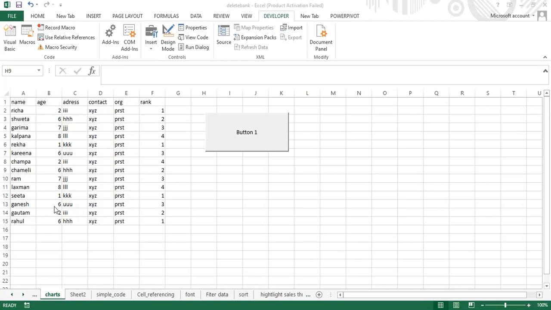Doing it manually is also fine, but macros are useful when you have a repetitive task, when you have the same data and want to save your time. You can use code, or you can prefer recorded macros. Now go to the Developer tab and click on Visual Basic, and when this window opens,